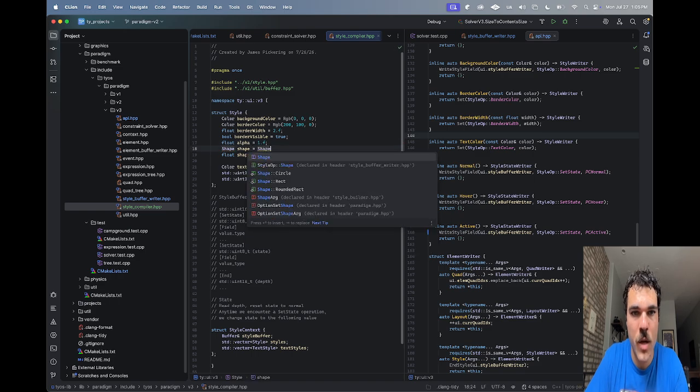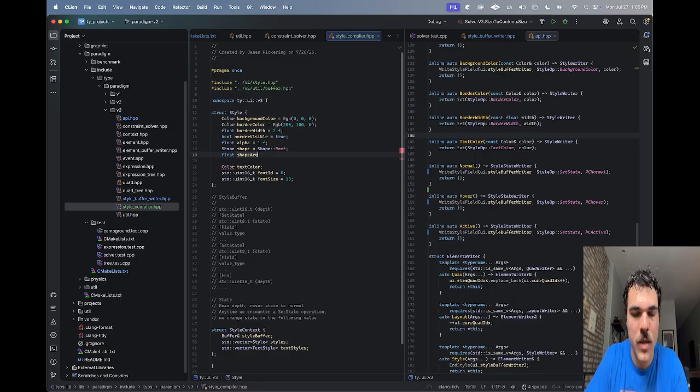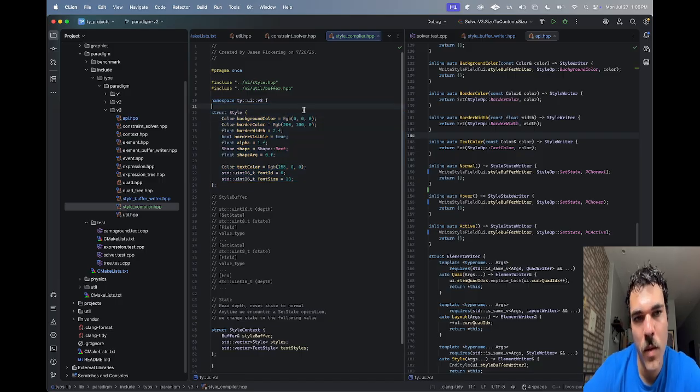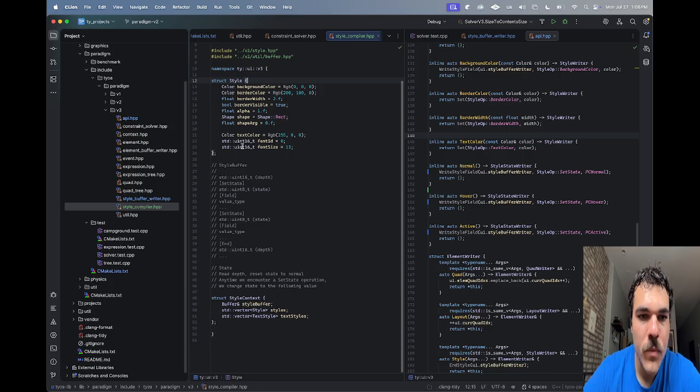Let's say the shape is a rect. Let's say the shape arg is just 0.f. Doesn't matter. Text color can be RGB, let's just make it red 255 0 0. Font ID. I think font IDs start at 0. Font size can be 13. Okay, so this is something that will make something visible. Okay,